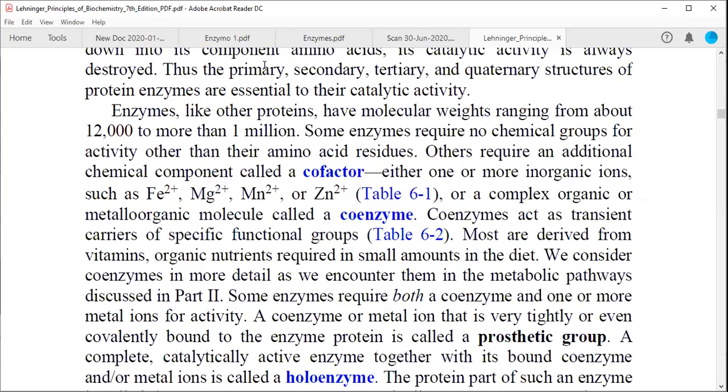Then if they further fold, a complete 3D structure will be formed, and this 3D structure has some kind of structure and function relationship. Then if there is more than one protein, this is called quaternary structure. But if we talk about the secondary structures of protein, that is alpha and beta,